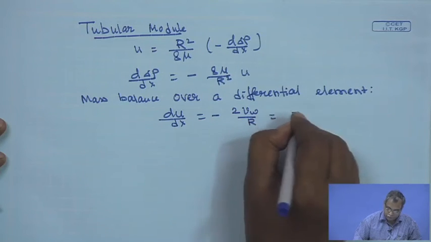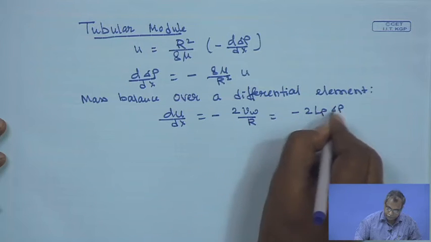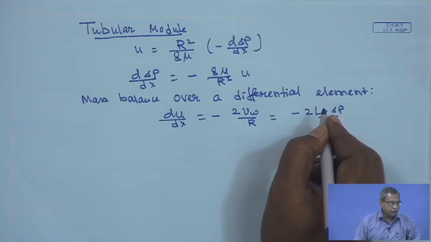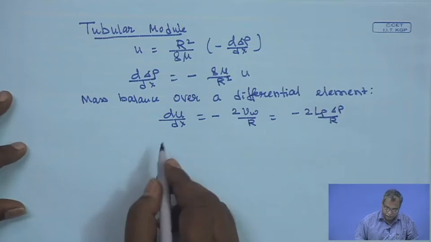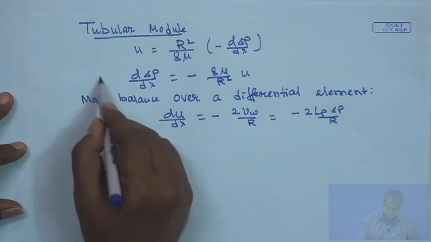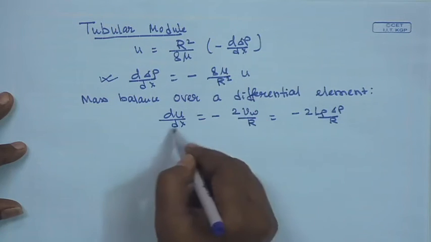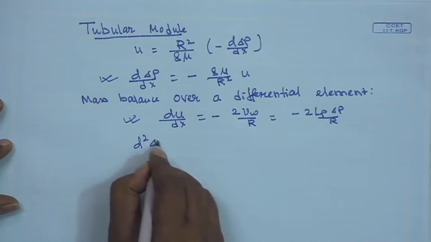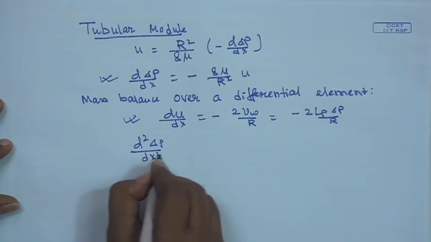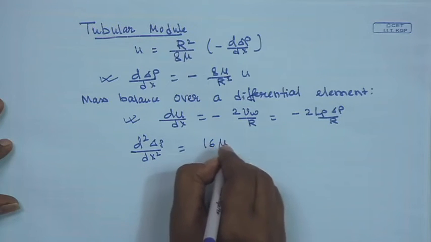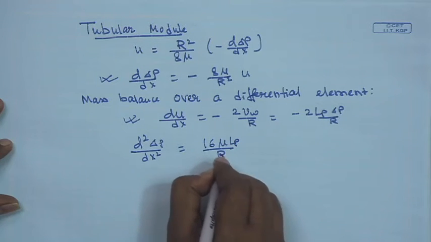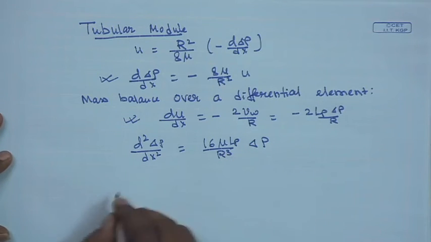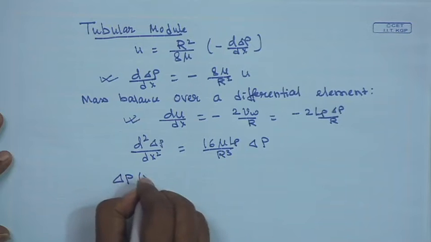You can put minus 2 Lp del p divided by r, and similarly one will be getting an expression of, you can differentiate it once again and get du dx, substitute over here, combining these two equations, one will be getting the governing equation of d square delta p dx square is equal to 16 mu Lp over r cube times delta p, and the solution of this equation will be straightforward,